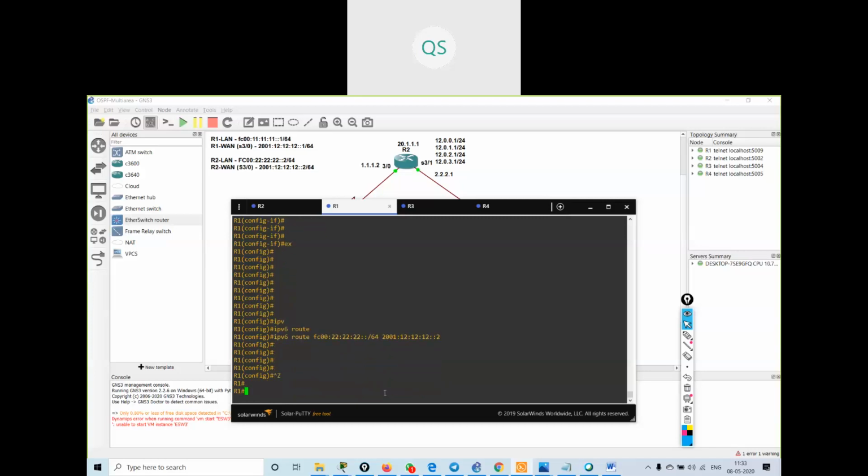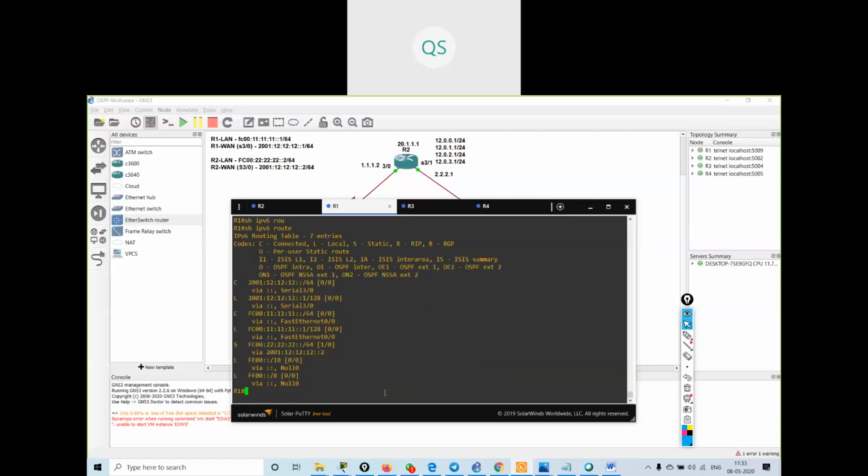Okay, now if I see show ipv6 route, I'm getting a static route in my routing table. If I want to reach the 22 network, I have to go via 12::2.